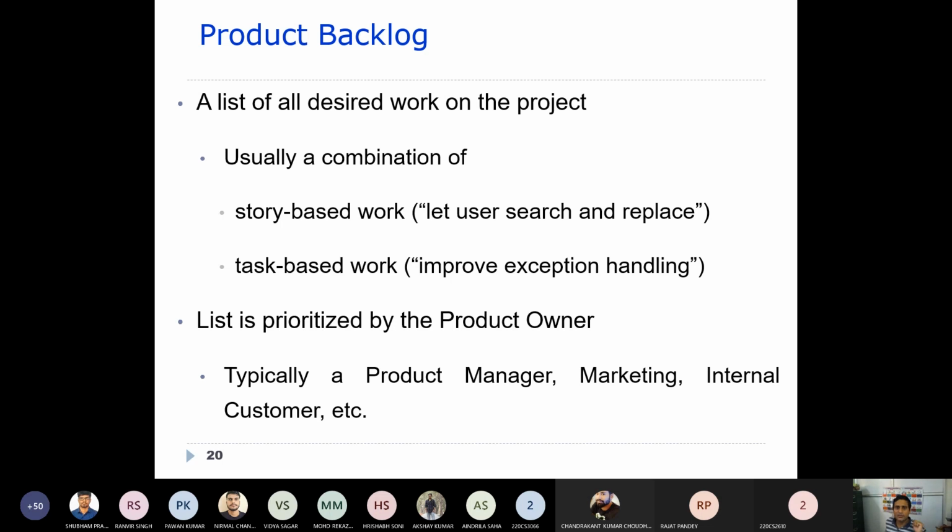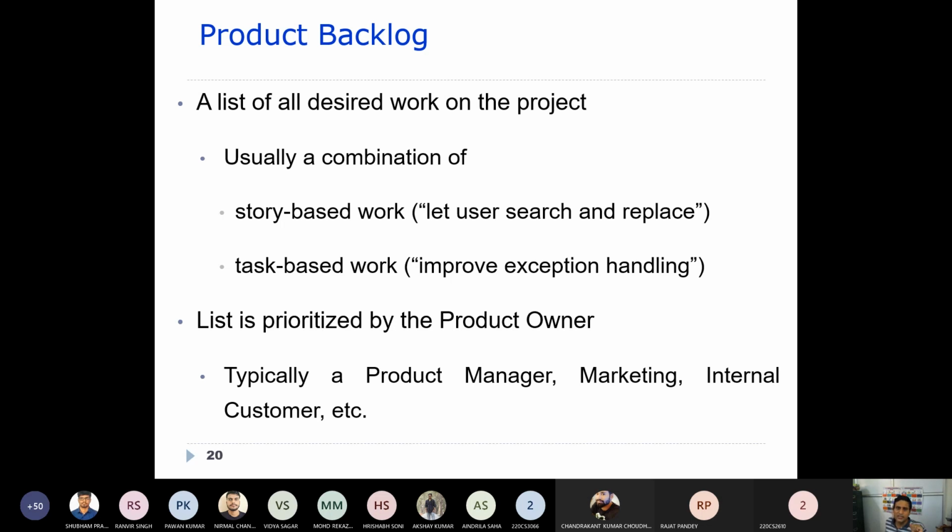Task based is something where we try to improve the non-functional attributes, like exception handling, it should handle the exceptions very well, or more transactions should be executed within a time. So usually those things will be listed in a product backlog.